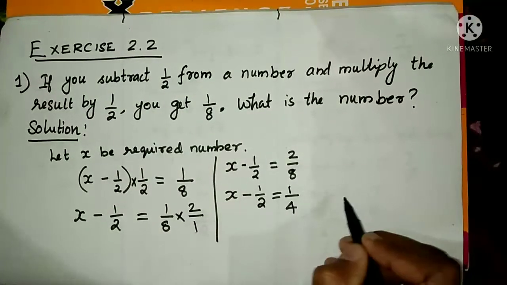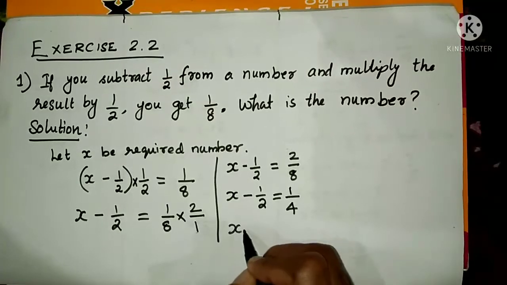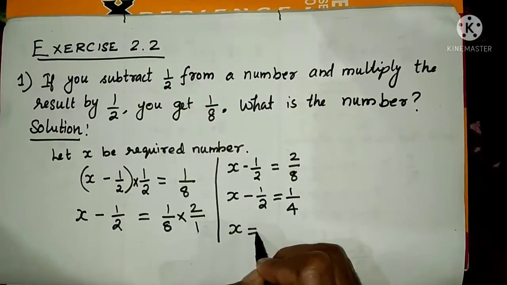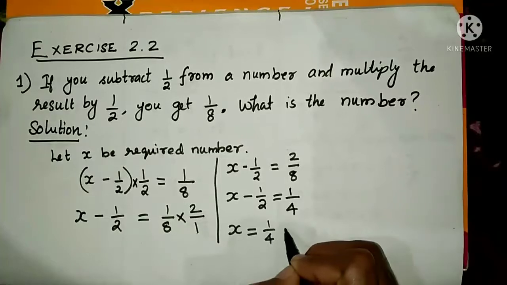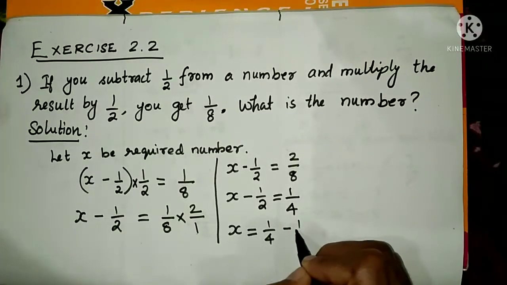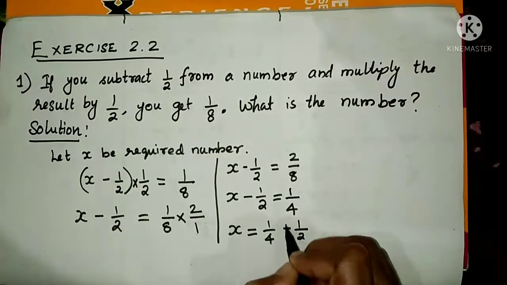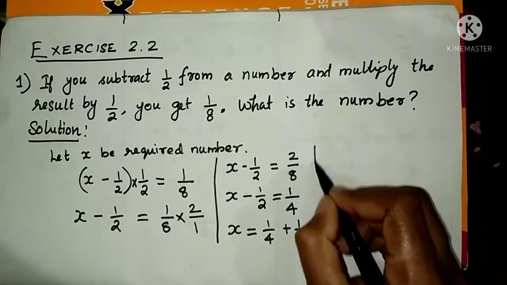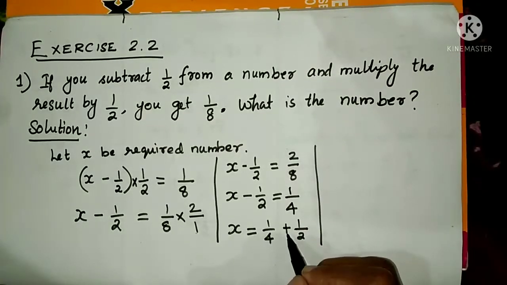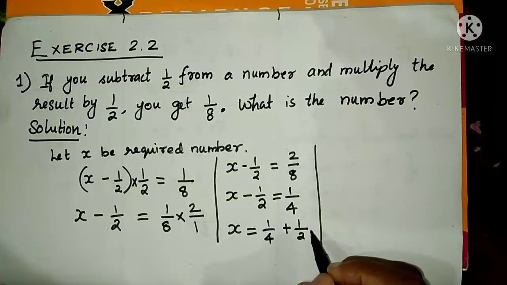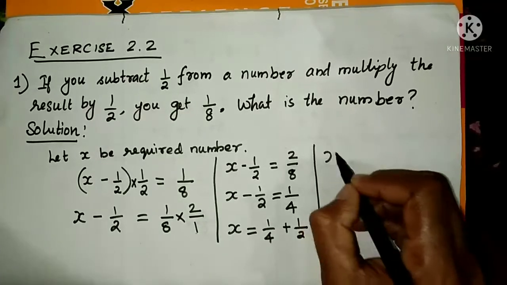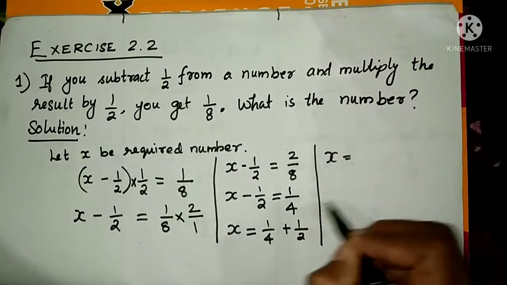We can send this to the right side. So x is equal to 1 upon 4 minus 1 upon 2. It becomes positive. So now these two we have to add. We can do cross multiplication. So x is equal to,